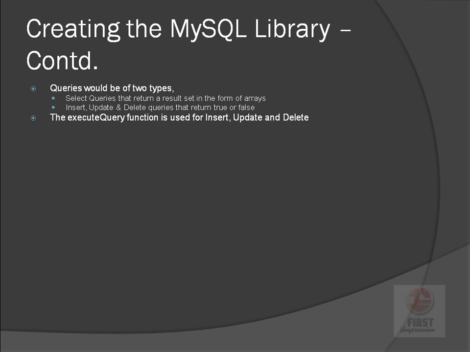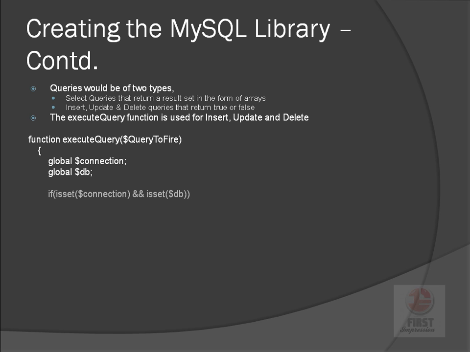So we'll use an execute query function that will be used to insert, update or delete records from the database. Let's have a function called execute query. Inside the function, we'll have the query that we want to fire. We'll have the global connection, global database, because we want to use the connection and database over here. Then we have a simple check that if the connection and database were set, then we will say